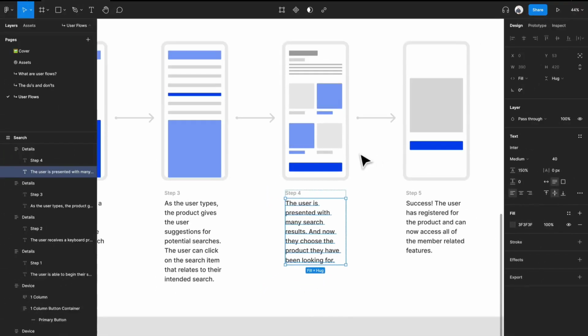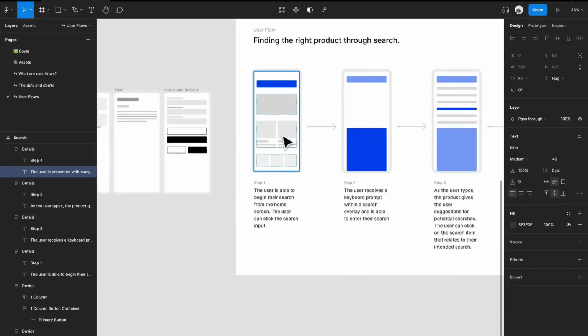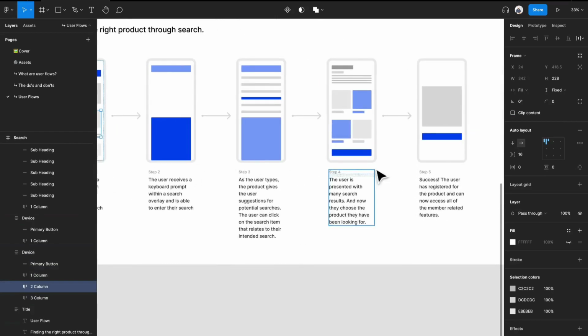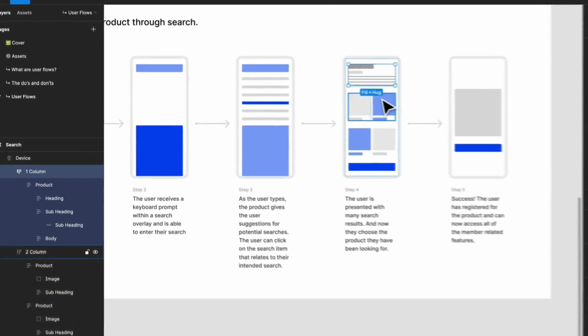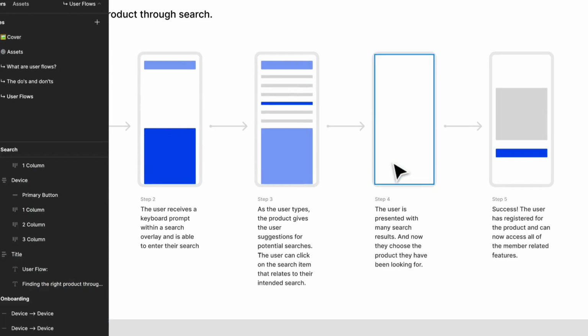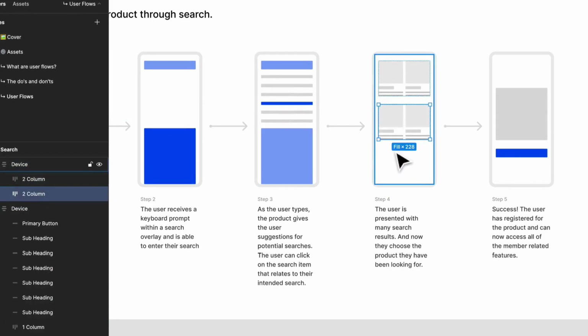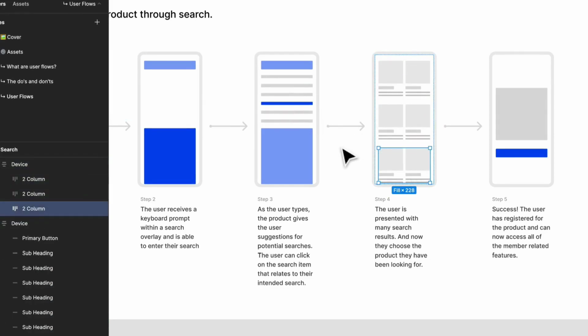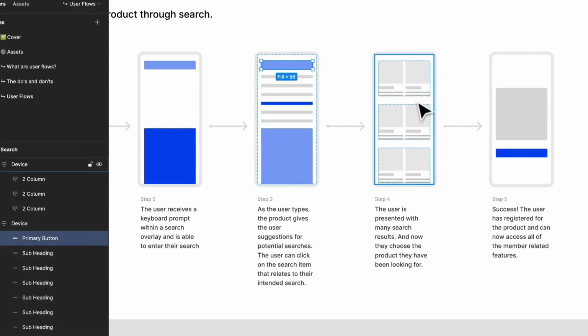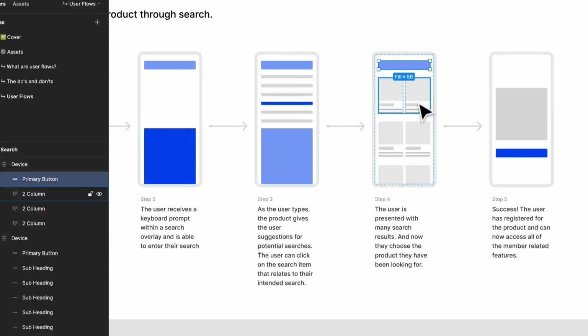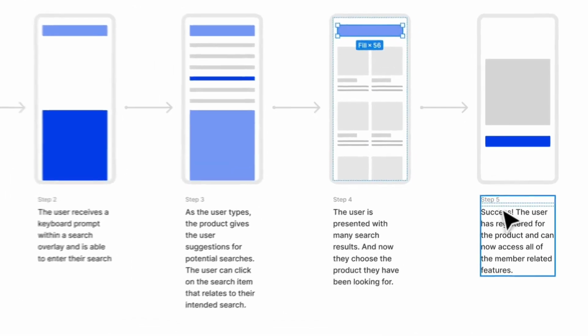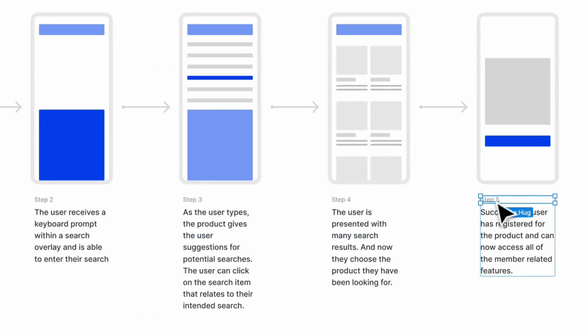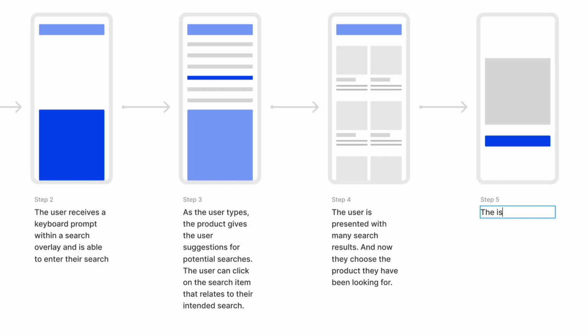Okay, so I think we can actually reuse some of this stuff over here maybe, or maybe we can use these types of pieces. So I'm actually going to delete everything that's in this frame, and I'm going to start fresh. So maybe there's tons of search results. Maybe we still have that search at the very top that's easily accessible. And then we have maybe our step 5 here, where the user is finally in the product